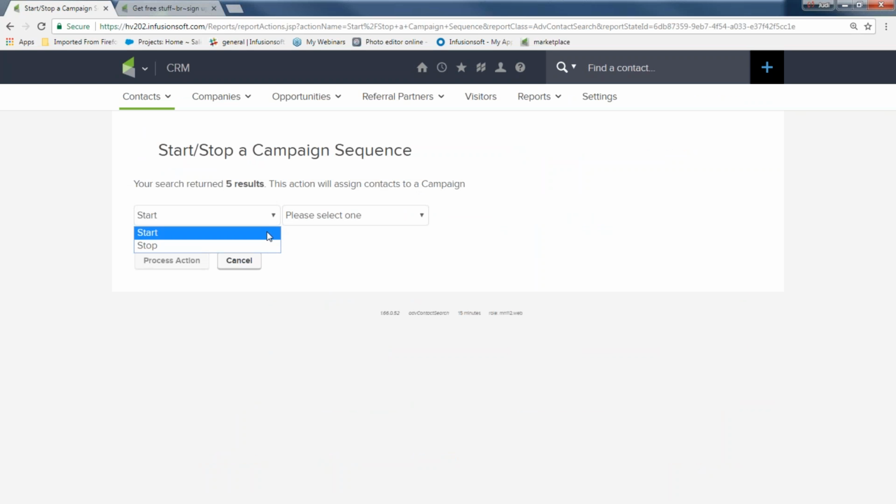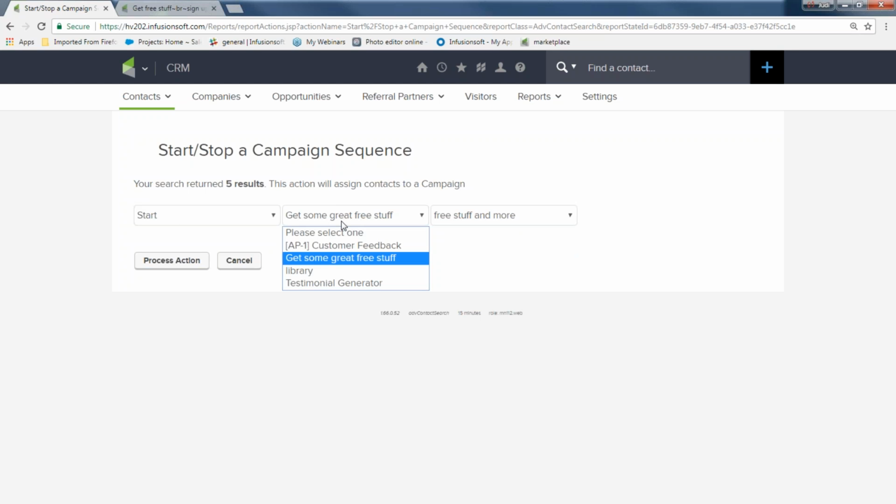Well, I want them to start in the Get Some Free Stuff campaign, and I want them to go into the Free Stuff and More sequence. If they've become customers at the event, you can put them into the customer sequence if that sequence is already published. So I call this Following the Bouncing Ball: Start, Get Some Great Free Stuff, that's the campaign I want them in, and this is the sequence I want them to go in. As soon as I hit Process Action, Infusionsoft will grab up those 5 people and drop them right into the